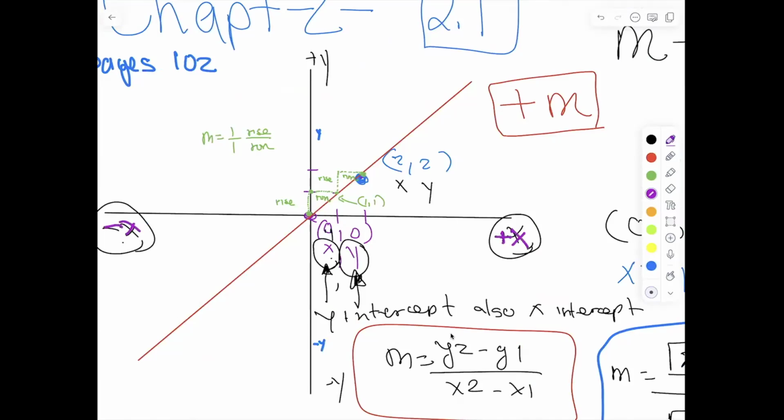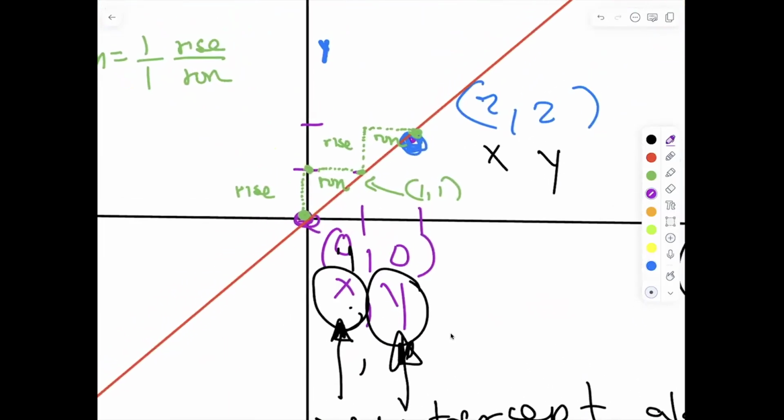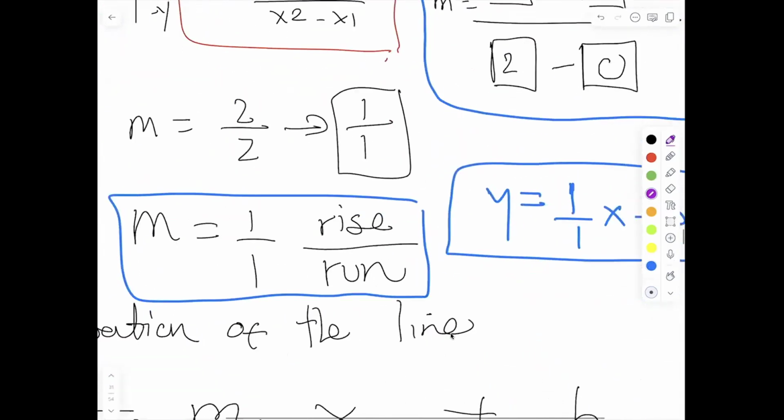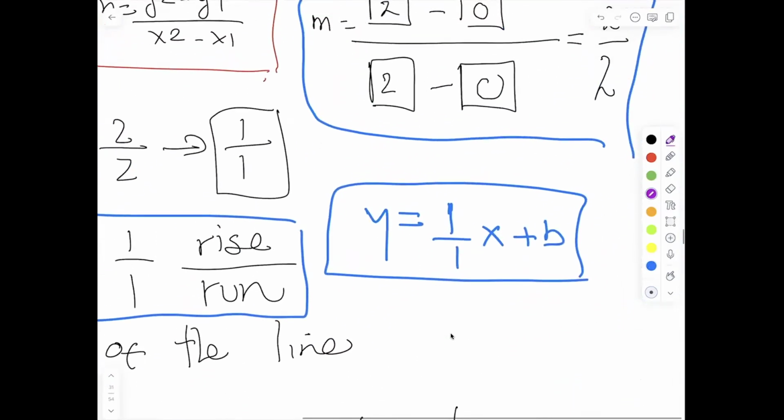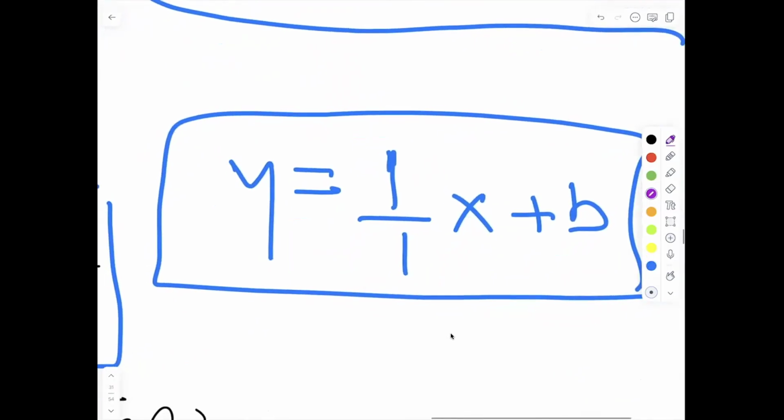What do you think is this value that touches the y-intercept? Sure, almost. Yeah, good. Very good. Yes, so this is my y-intercept. Very good. So if that's my y-intercept, and I know that the linear equation is y is equal to 1 over 1x plus b, and the linear equation is y is equal to mx plus b,